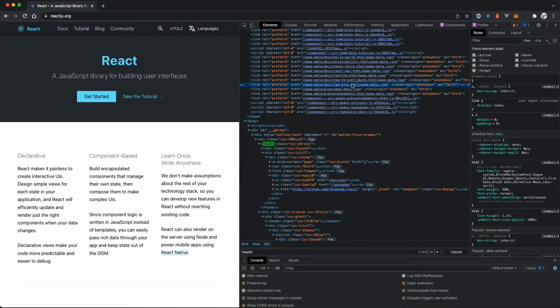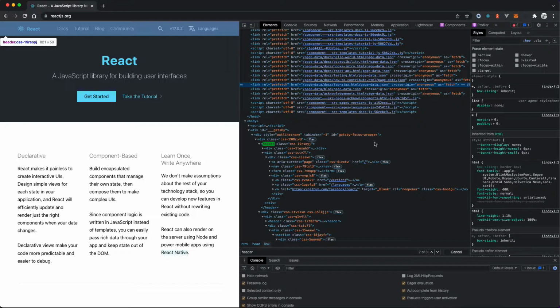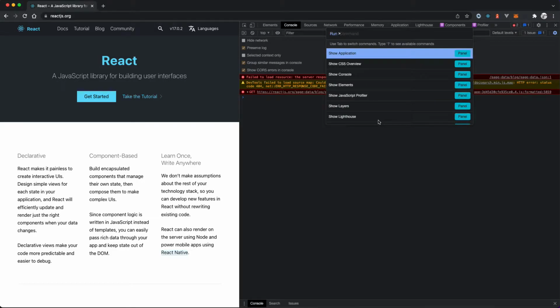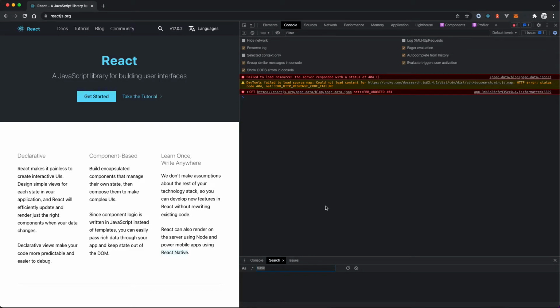Last thing that I want to show you as well too, like I was saying before, for search, it's incredibly useful if, let's say you've got an issue down here on the console, and it's throwing an error. You're not quite sure where that error is coming from or what the heck is going on. So I'm going to open up my command palette again. I'm going to do show search. So the cool thing is now what I can do is